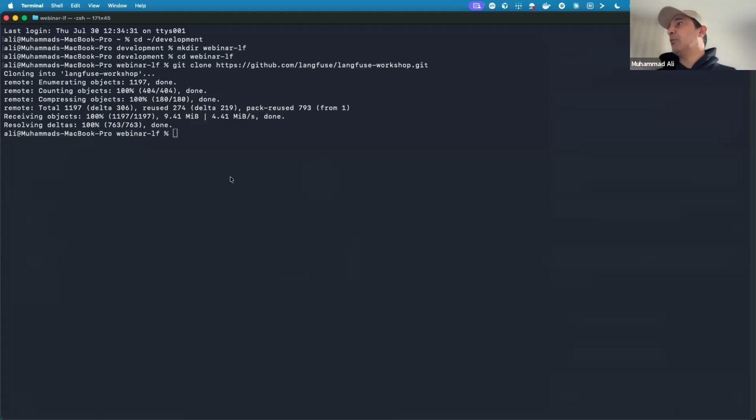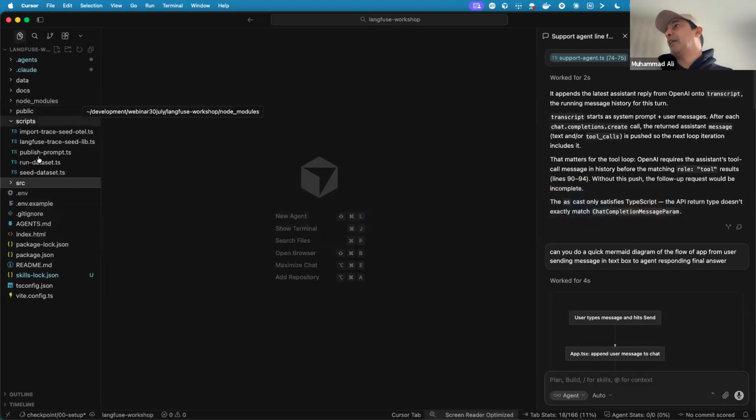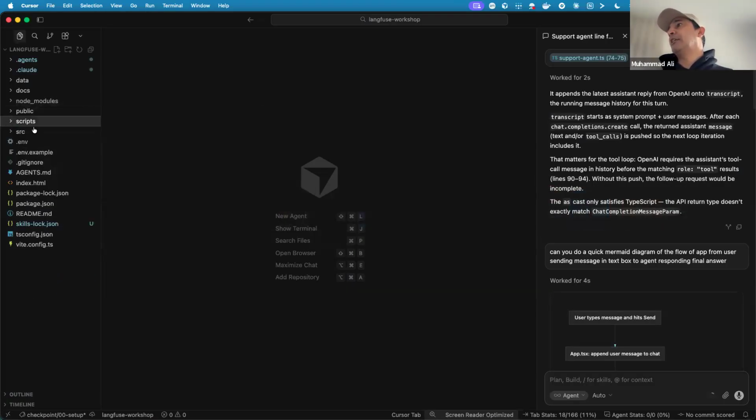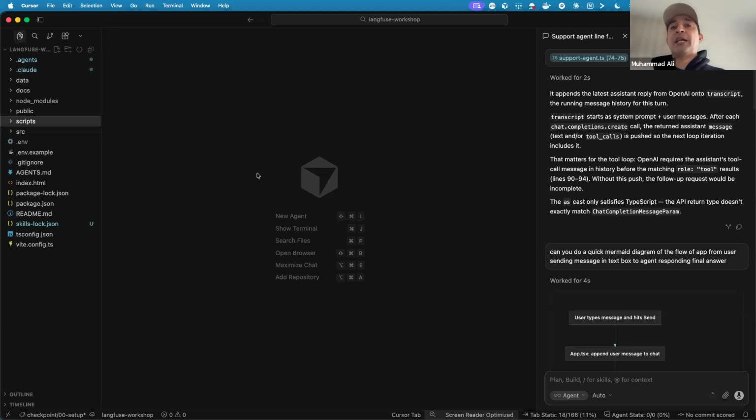Now once you have the repo, it will look something like this. I have opened that in my IDE. Once you clone it, I want you to open it in your IDE. We're going to go a bit slow here so everyone can catch up.